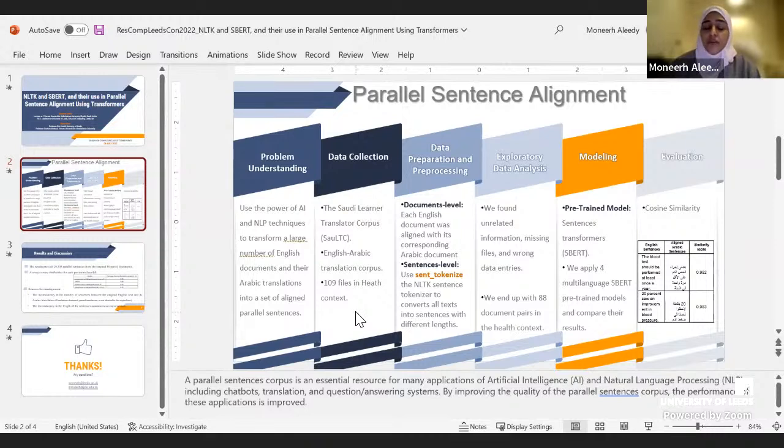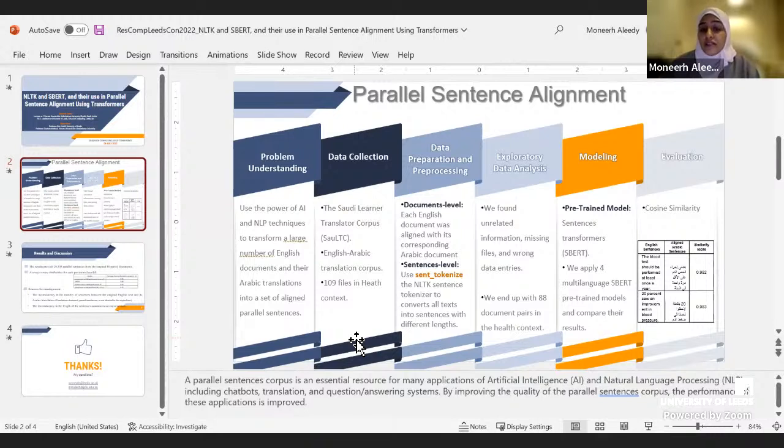And it contained more than 366 different files in different contexts. In my work, I chose only 109 files in the healthcare context. I started my work with data preparation and pre-processing at the document level. I aligned each English document with its corresponding Arabic document. Then after this step, I started the sentence